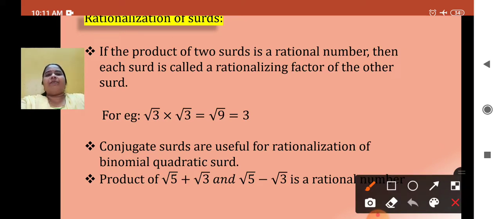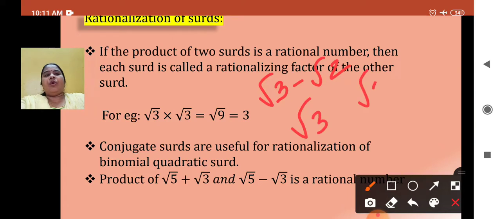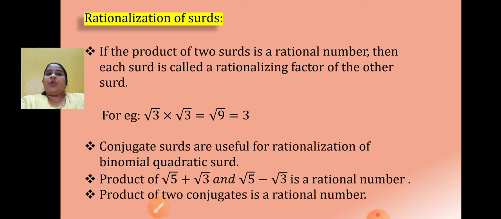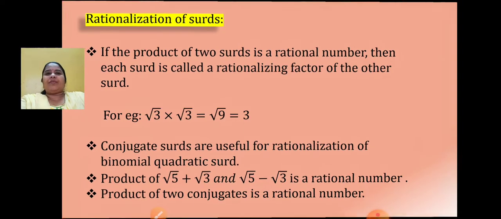Suppose I give you another example. Root 3 minus root 2. What will be the conjugate pair of it? Exactly the same numbers. See, root 3 and root 2. But now since it is minus, while writing the conjugate pair, I will write plus. So this way, these are the rationalizing factors when conjugate pairs of binomial surds are there. And last point, the product of two conjugates is a rational number. Now this concept we have used when we were solving sums based on rationalizing the denominator. Okay. So please write all these very important points to remember from this chapter.